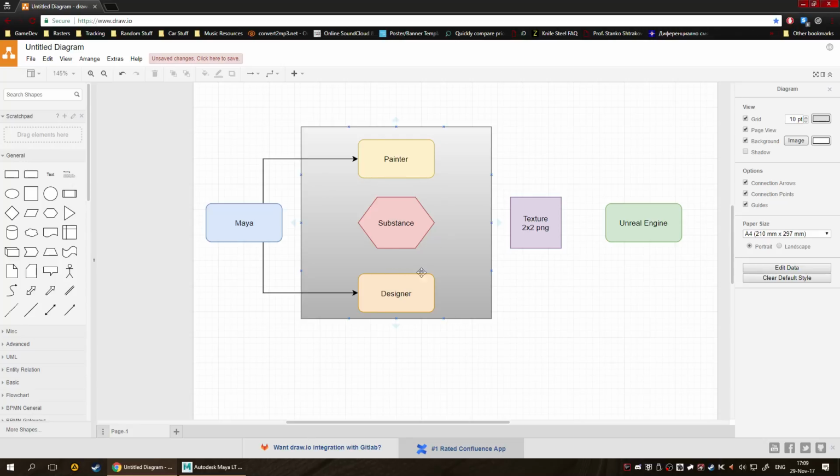When we actually get into Painter and Designer and start working with them. Now, in my video series we will not be going over Designer, because of the reason that I'm about to explain. Designer can output a substance, or it can output a PNG file. So you could work with Designer